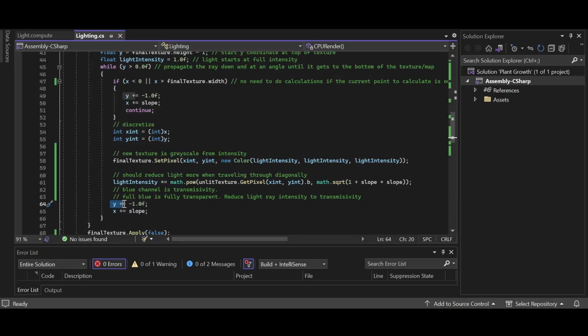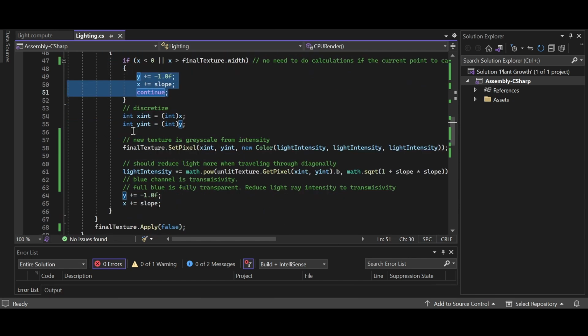So every time I draw to the pixel, I decrease the Y value by 1, so I'm going down in the image, and increase the X value by the slope. So that will increase by a fractional amount, so it may round down to 0, but over time, the X position increases slowly. But to refer to an element of the texture, we need integers. So